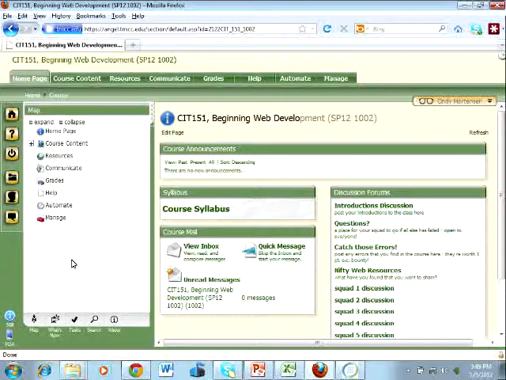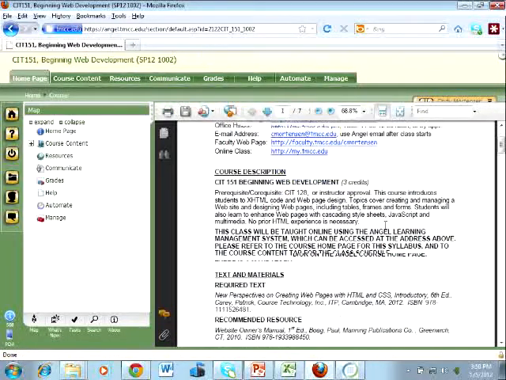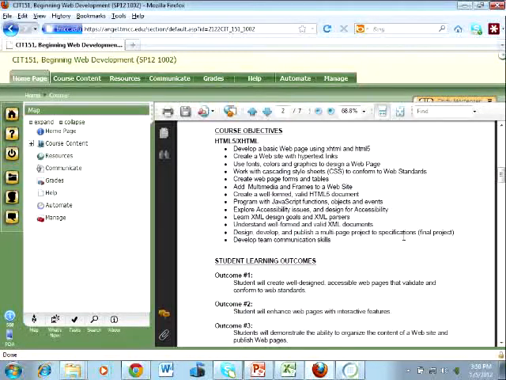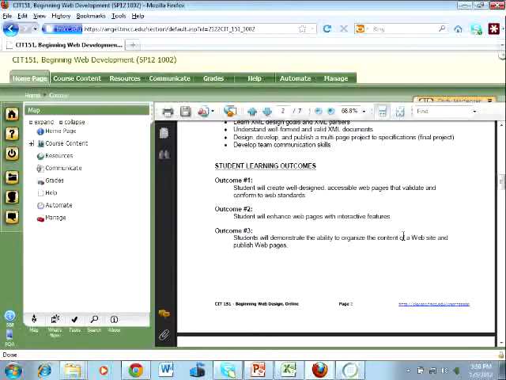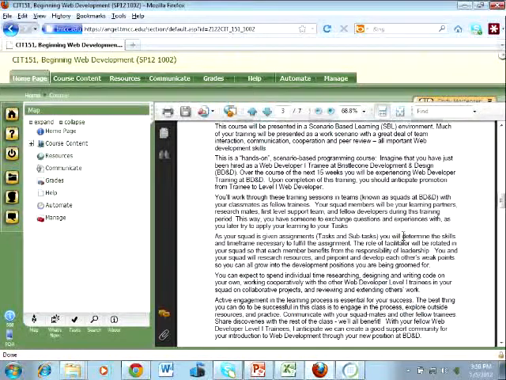And in here what I've done is I've introduced the scenario that I'm going to be using. I'm just going to briefly show this to you because our point here is not to dwell too long on things. Okay, so course content right here, our learning outcomes, everybody recognizes those. Now, what we have is scenario-based learning, and here, imagine you've been hired as a web developer trainee at my own company, Bristlecone Development and Design. Over the next course and so on, this kind of sets the stage for the little scenarios. So I'm trying to treat it as a business as much as possible.